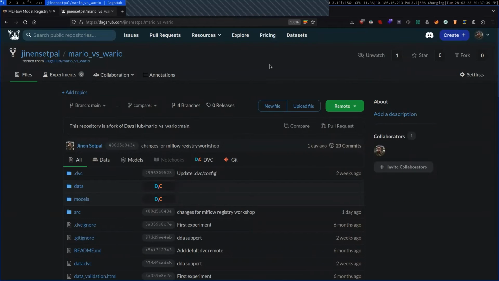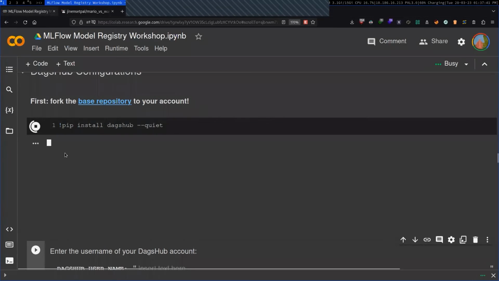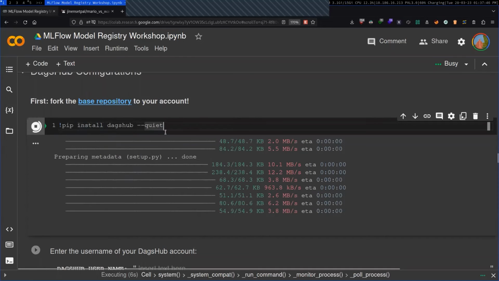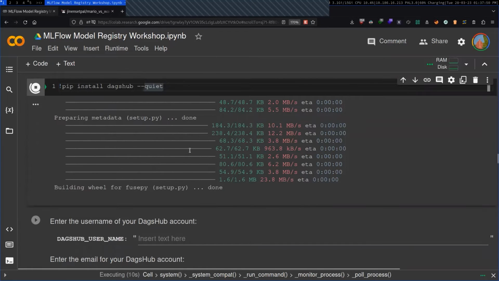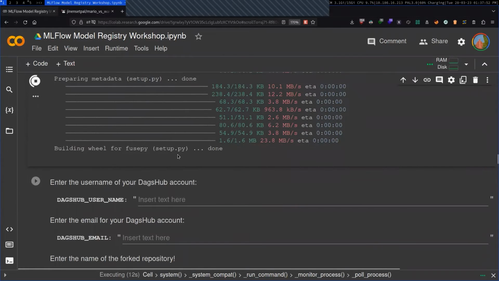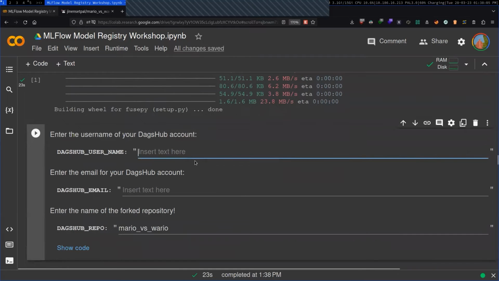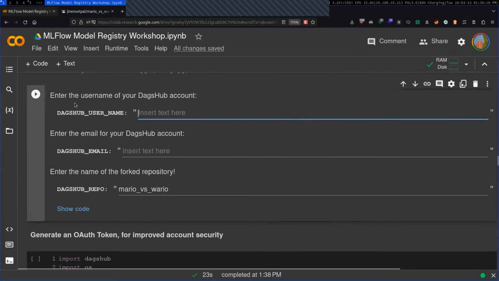Okay. Right. So next, what I'm going to do is install the DagsHub client, and the DagsHub client will allow for ease of use with interfacing with our MLflow repository or our MLflow remote host, because it will allow authentication processes that would otherwise be a bit iffy because we'd have to enter our password manually. So in here,